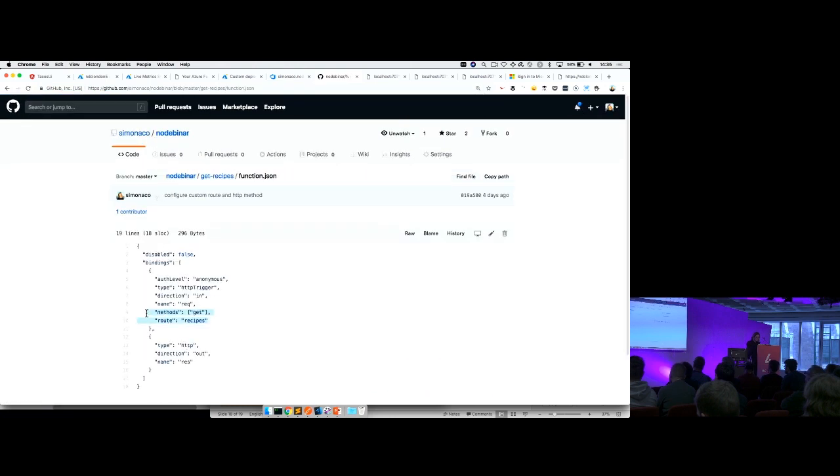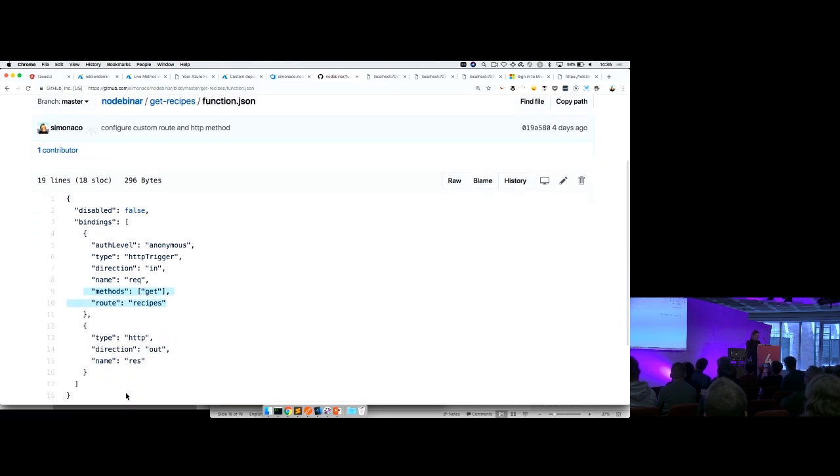So here you can see that we can configure the method that we're listening to, which here is get, but we can also configure a route. So here we're saying that we want to override the name that we've given the function, and we want to configure it to read from recipes, to add recipes to that.